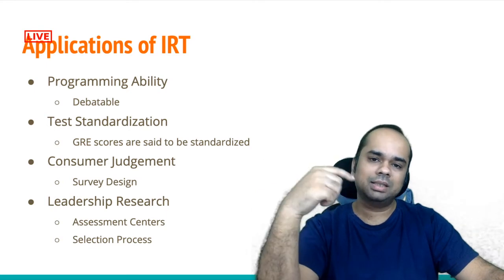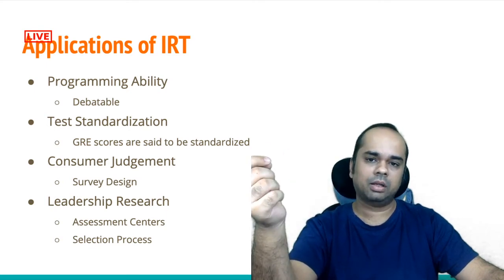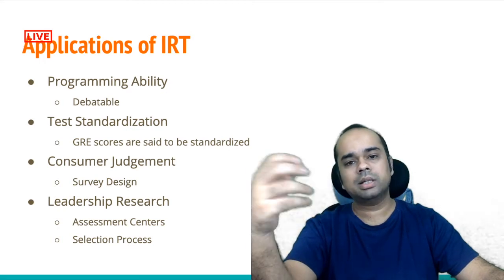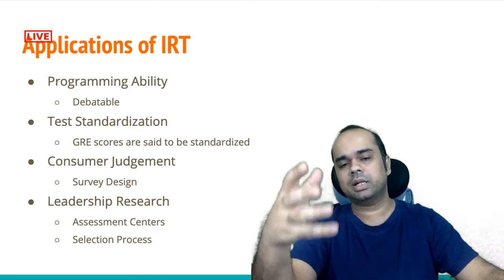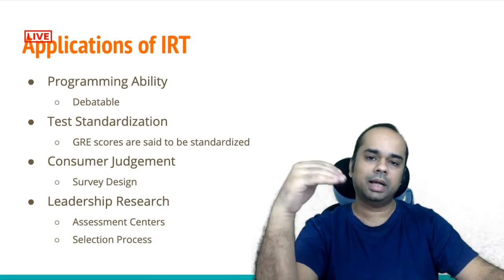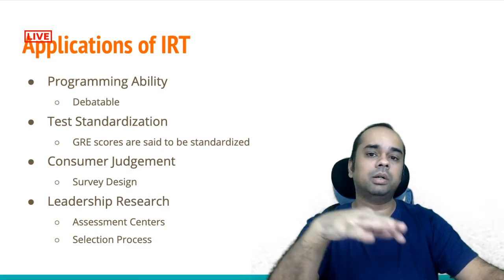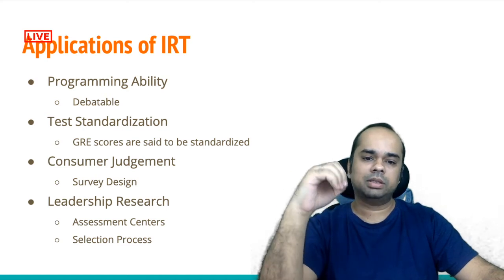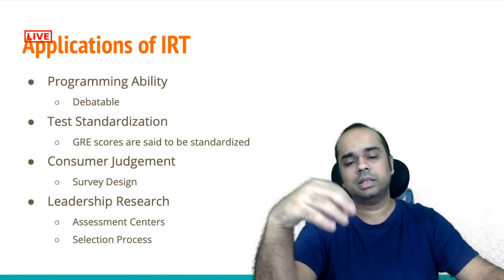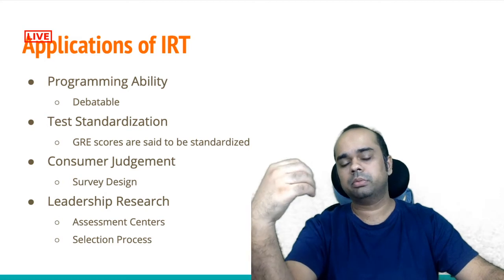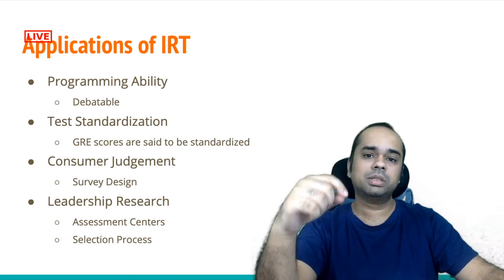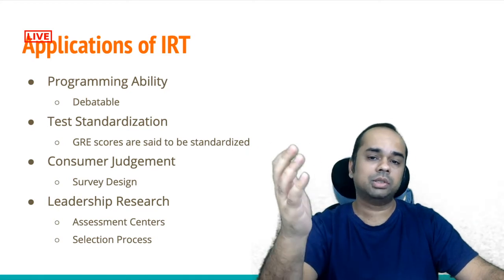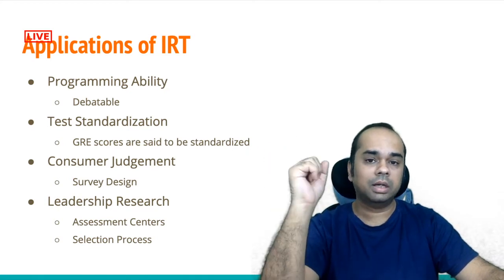But how do you analyze that data meaningfully? How do you unlock the insight from some of those things? That's where item response theory does come into play. So it has a lot of layers built into it. And finally, leadership assessment, research, selection process. If you speak to some of the executive search firms, they may be using something similar to this for at least shortlisting or some early stages of evaluating talent.